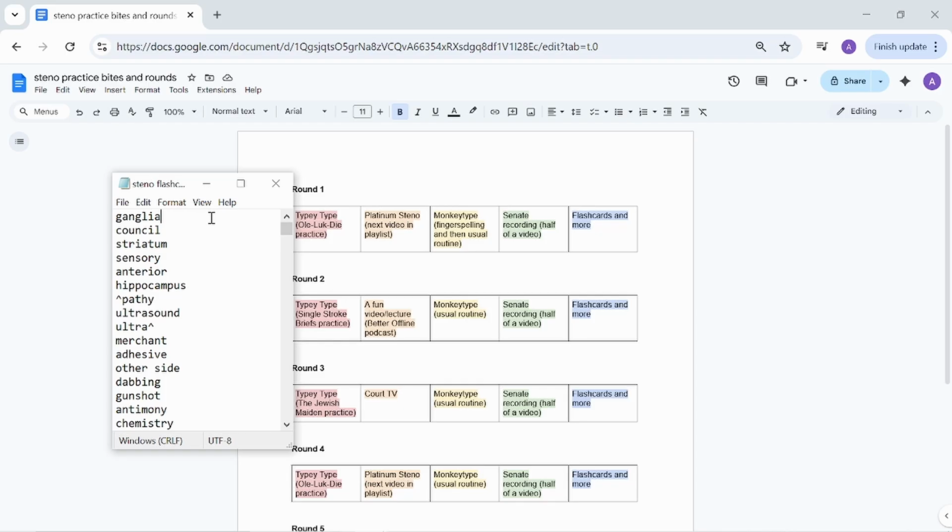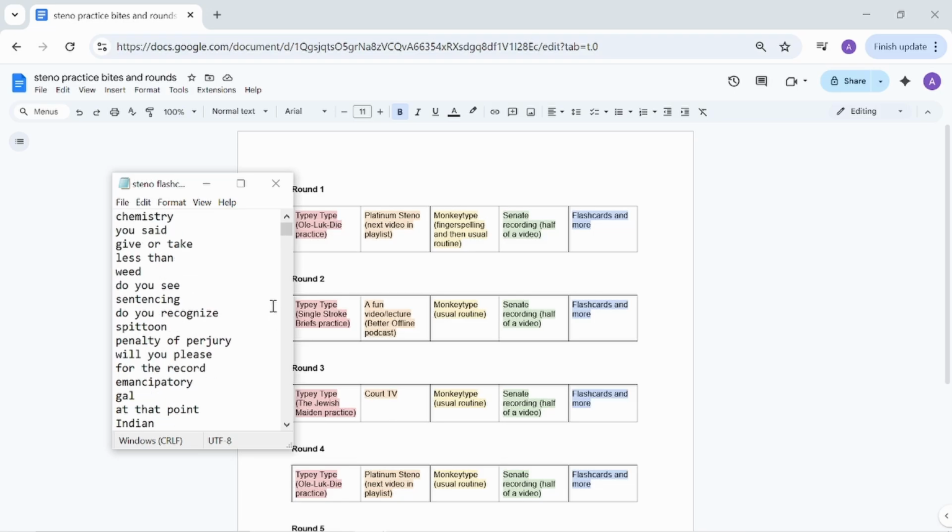So it's a sign for me when I come across it again on this list that I have to review it. Words that are new to me, where I'm like, oh, I haven't heard this word before. I don't know the definition of it. So I put it on here as a sign for myself later to look up the definition and add it to my vocabulary. So if I were to ever encounter it again in the future, it'd be a word that I recognize. Prefixes, suffixes, all of those things.